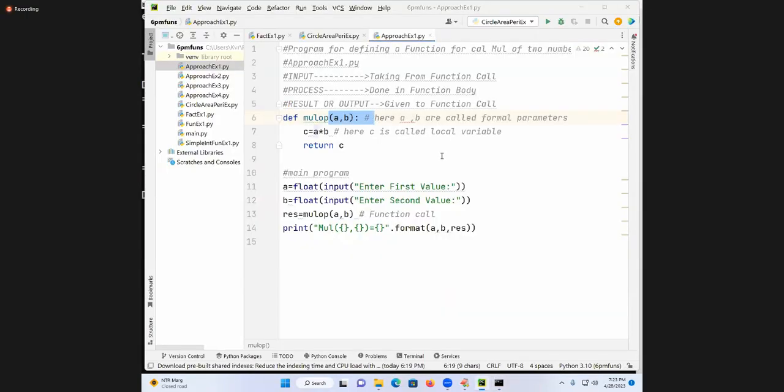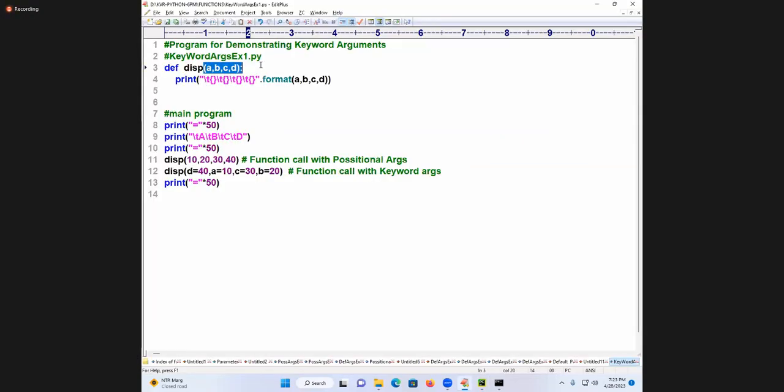What did you understand? I know the parameter names. I don't know the order, but to pass the data accurately, which is the best concept? Keyword argument. One more time, see students: display, say 20, 10, 30, 40.